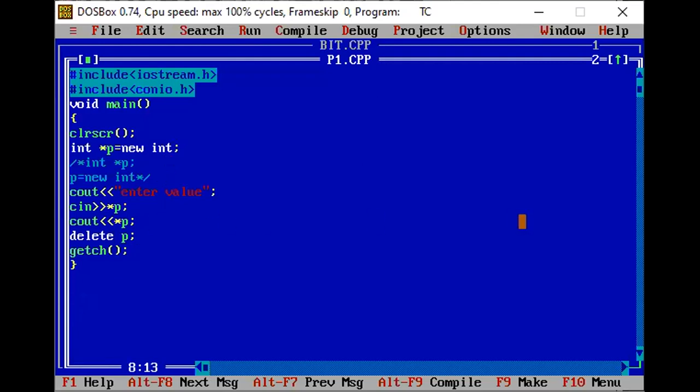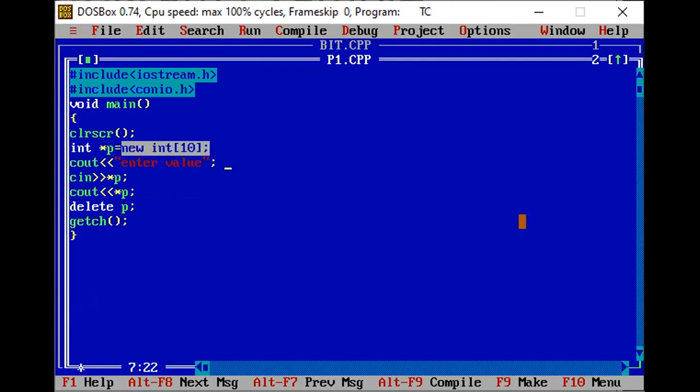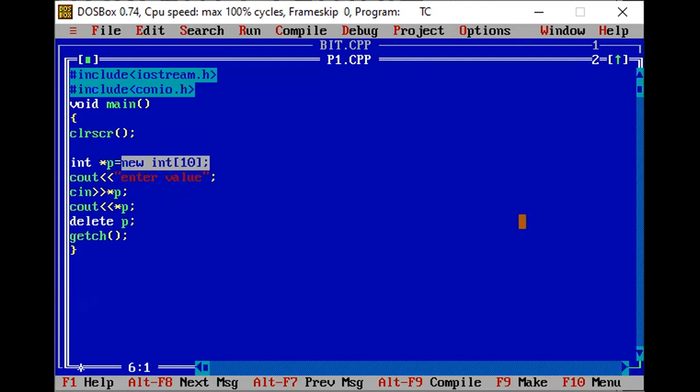In the same program, I will make some changes. Firstly, this is for the simple variable when you are going to allocate the memory dynamically. But when you are having array type, then you will allocate the memory this way. This is your memory allocation as far as the array is concerned. Enter the value here. I will take one variable as int n to enter the number of elements. So I will use cin and see the value of n, that is the number of elements